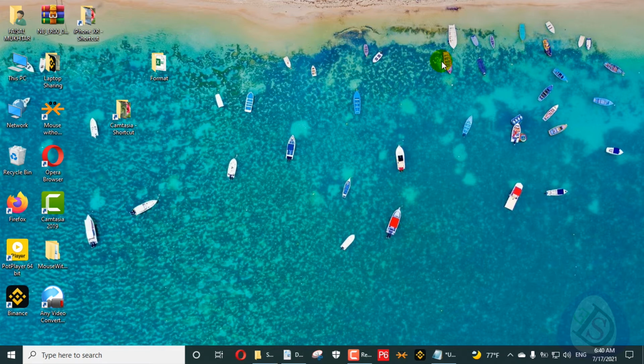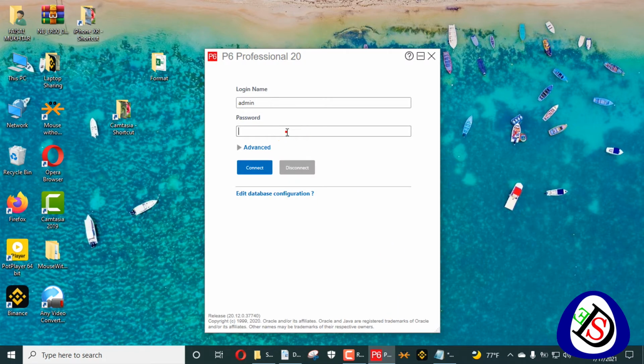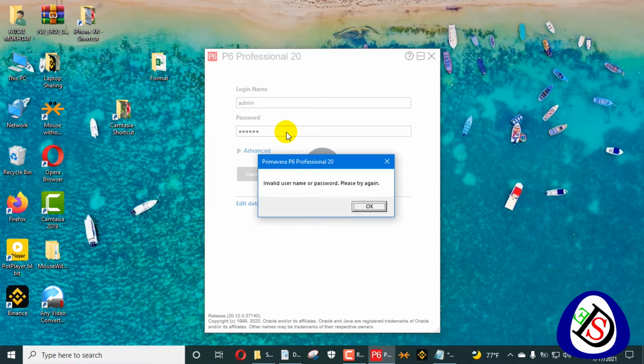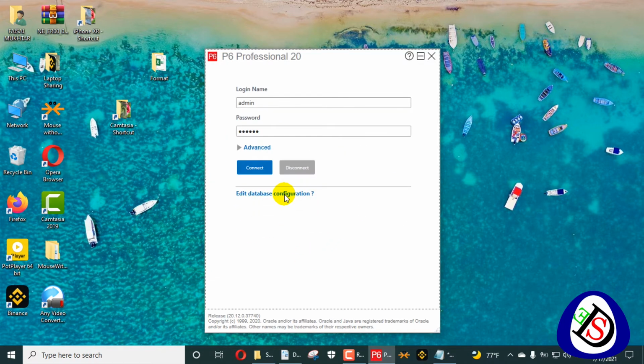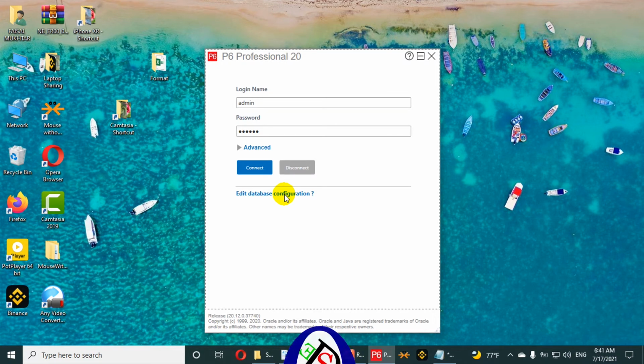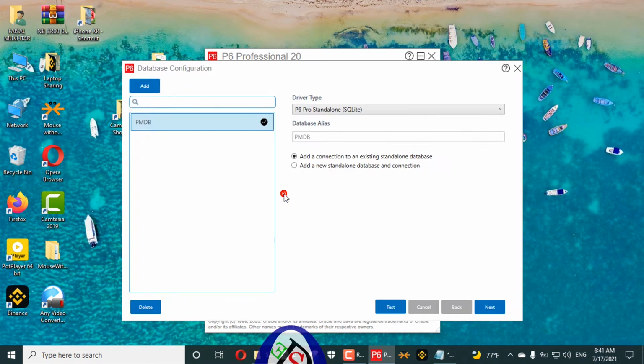So now, if you forget your password or do not want to open the database again, for example I put my new password, it's not working here. You can see it's invalid and you don't have any password. So the software is installed in your system. If there is any version, 17.12, 18.12, any version has the same database configuration system.